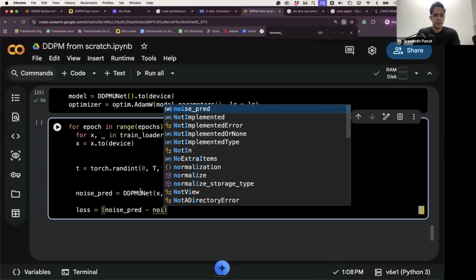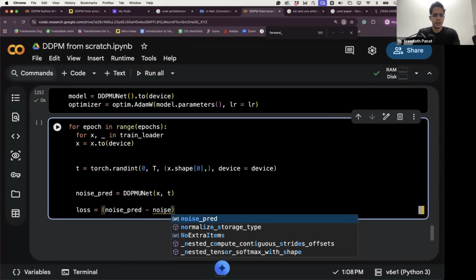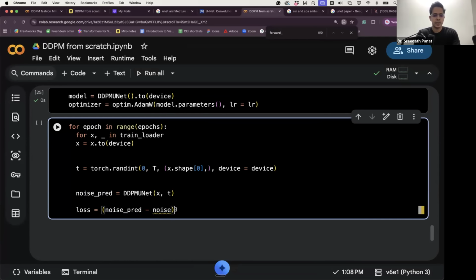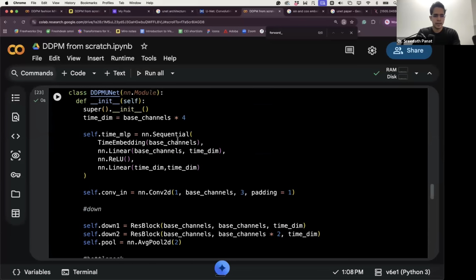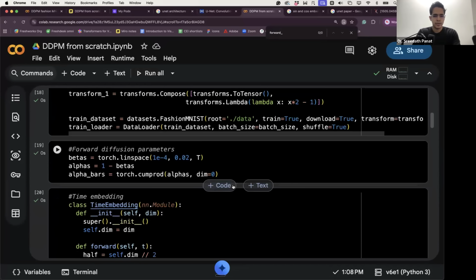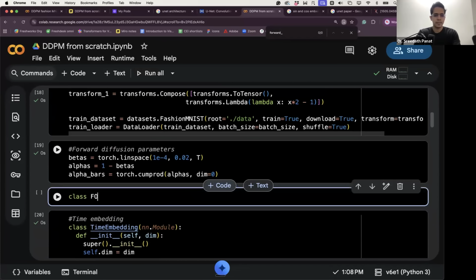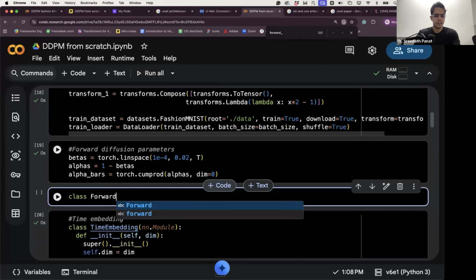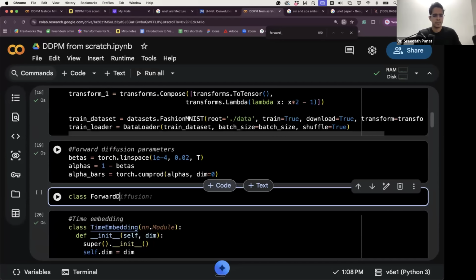Basically, this should be something minus actual noise: predicted minus actual noise raised to 2, dot mean. Something like this. But I don't think we discussed writing it, but we should have written it here. This can be just a function actually, forward